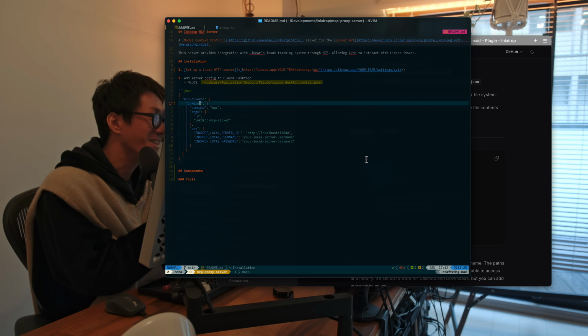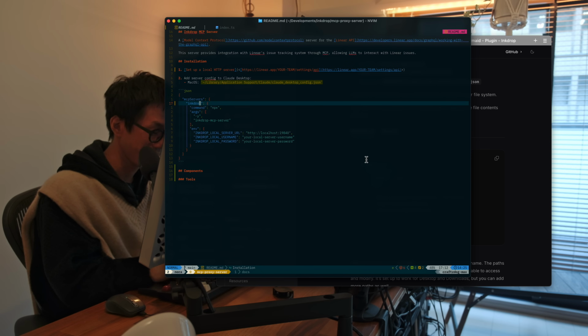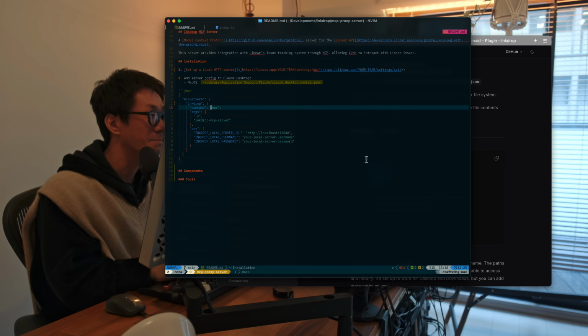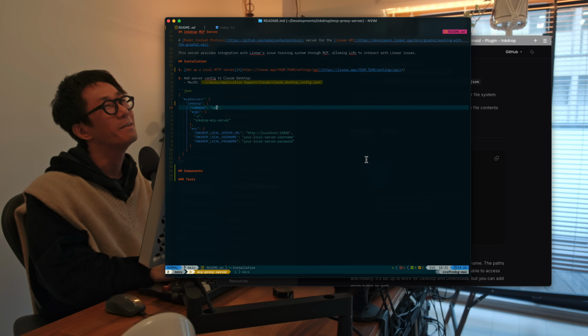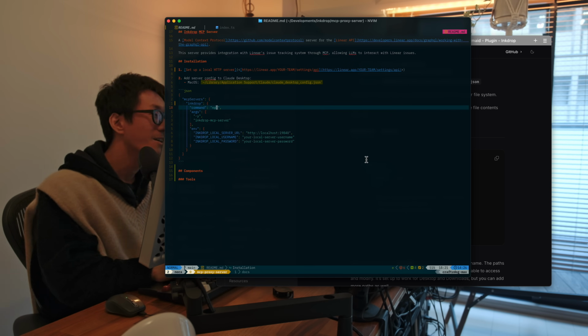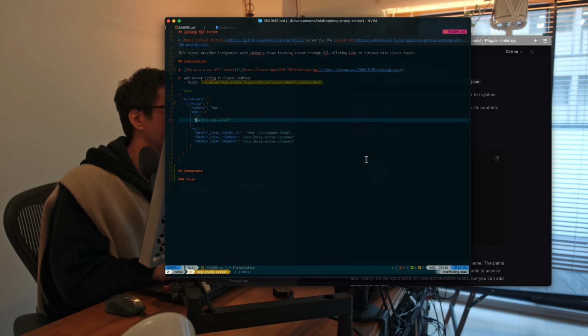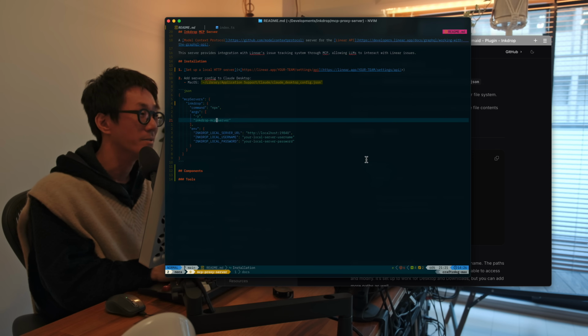So you can write the MCP server like this. So it is simple. You can use the npx command, which is